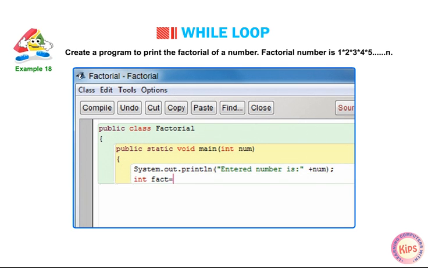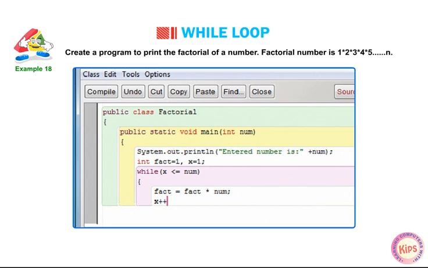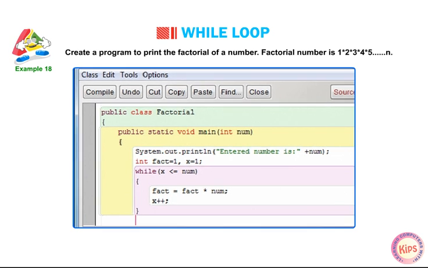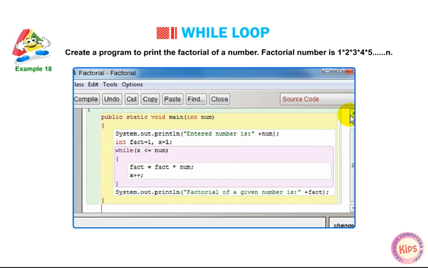int fact = 1, x = 1; while (x <= number) { fact = fact * number; x++; } System.out.println("Factorial of a given number is:" + fact); } }